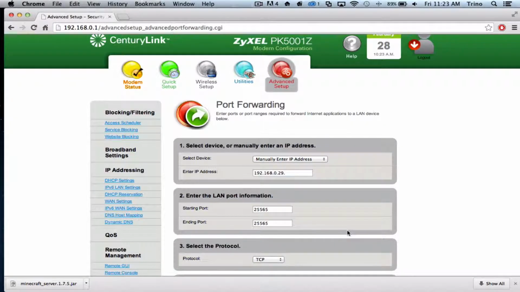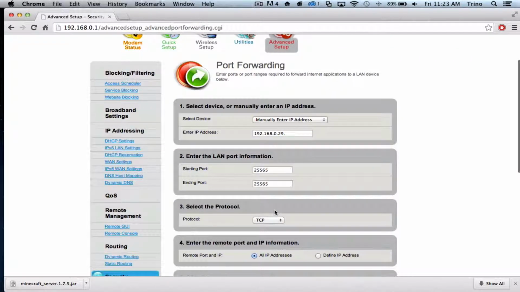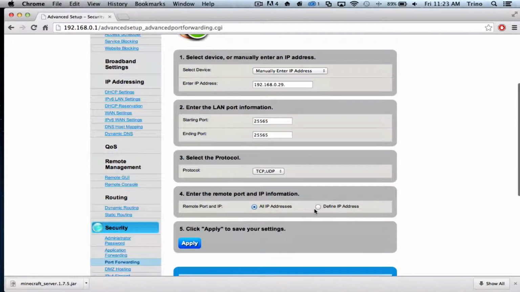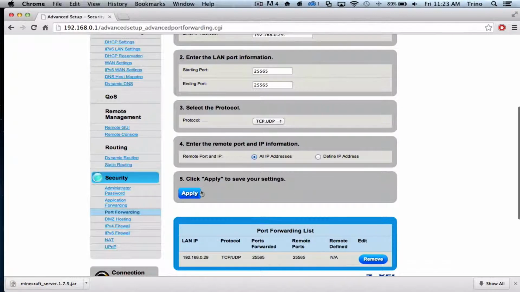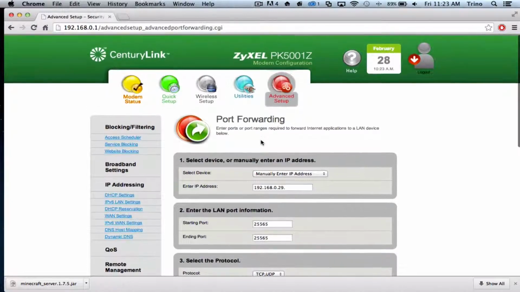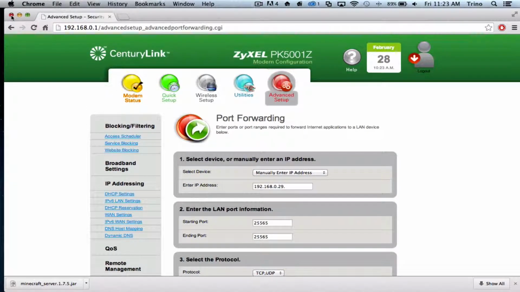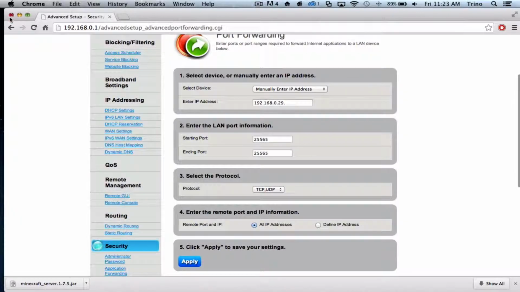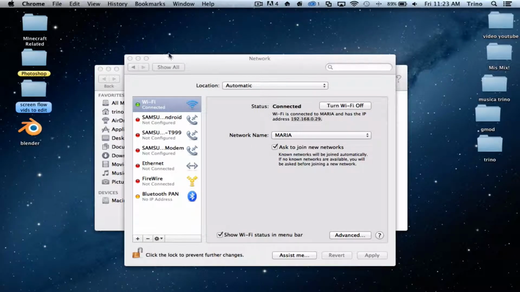You can have any port. I just chose 25565 because it's like the default. So for protocol, you go to TCP UDP, all IP addresses. Just leave everything the same, and then you apply. But I already applied, and this is what just comes up. So I'm not gonna do that. So after you've done that, just close everything. After it's saved, close this